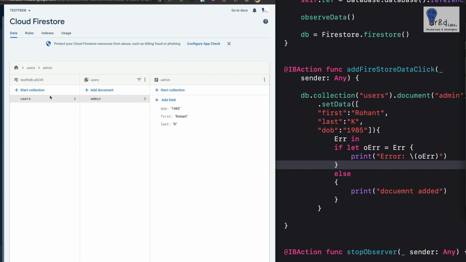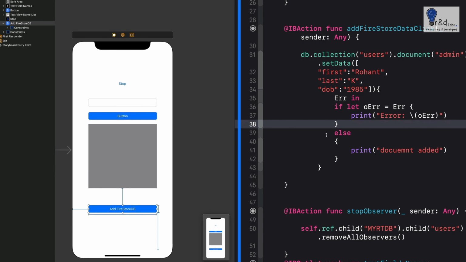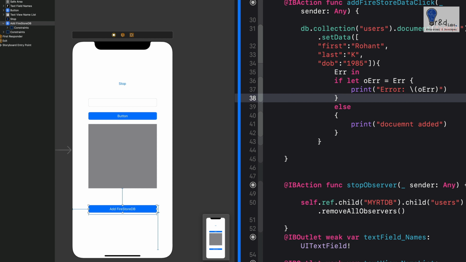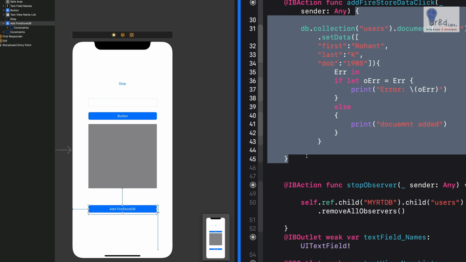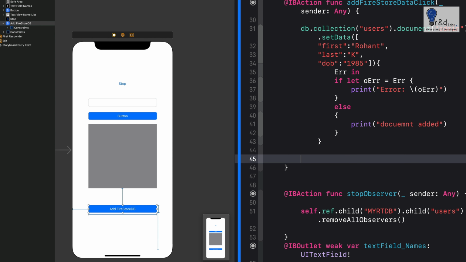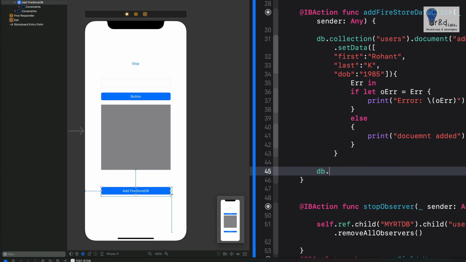Okay, so again you can actually change this. In case you don't want your user defined value to be there as admin or anything else, you can use a randomized ID for your document. So let's get started and we will write a randomized ID for your document. Okay, so let's do that right now. We will just write it here. Let's write this, say let db dot